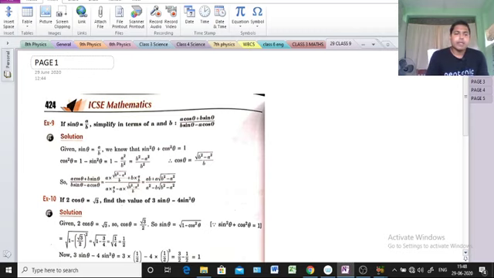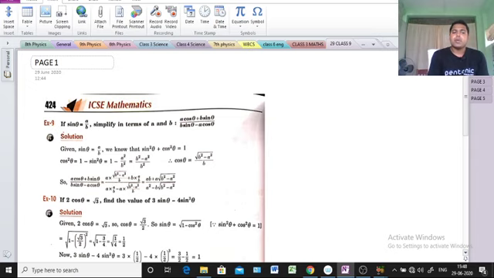At first see example 9. Example 8 and the theory part are already finished. Example 9 we'll start, and after the examples we will do all the exercise problems also. There are so many exercise problems, and we will discuss those. So for better understanding, at first we are discussing the example portion. Clear or not?